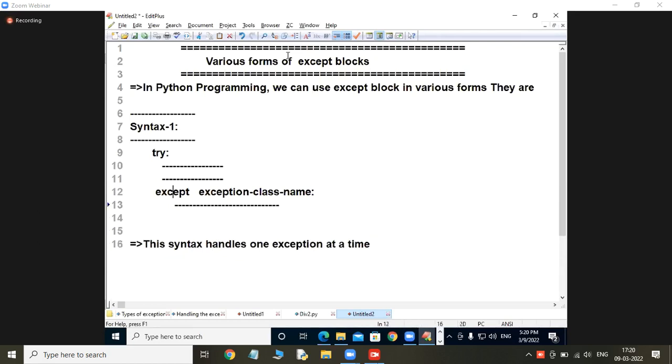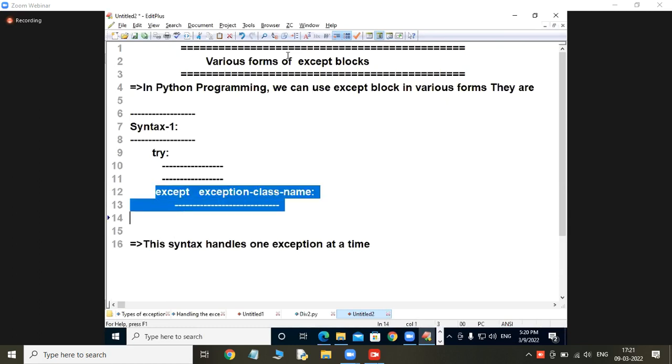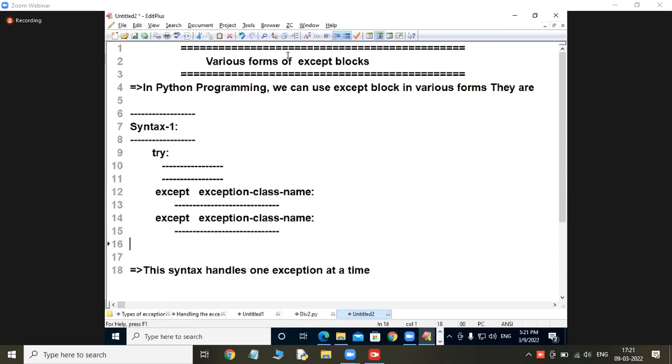Like that, I can write many more except blocks. This is one type of exception name, this is another type, exception name 1, exception name 2, and so on, exception name n.